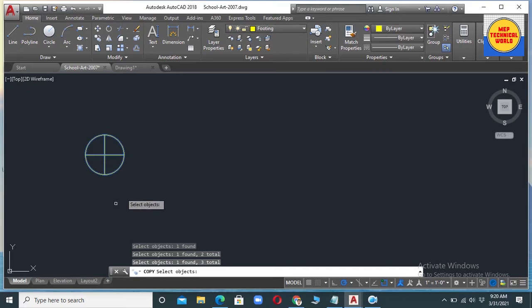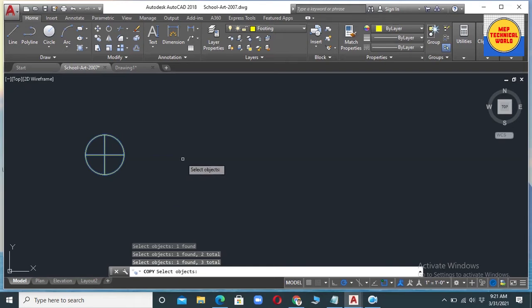So this is time consuming, and we might even leave out an object during this selection. That's why while we are working on any drawings like lighting layouts or power circuit layouts, we have to make any legends or symbol into one block. So it will be easy while selecting the objects. By one click we can select the whole object.